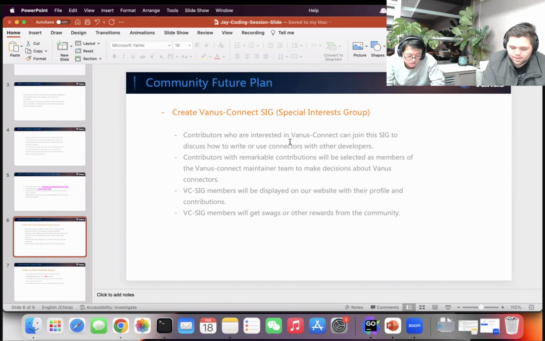Contributors with remarkable contributions will be selected as members of the Vanus Connect maintainer team, so they can help us make decisions about Vanus connectors. Basically, they will be in charge and have a lot of rights to make decisions about the Vanus Connect program. And then Vanus Connect SIG members will be displayed on our website with their profile and